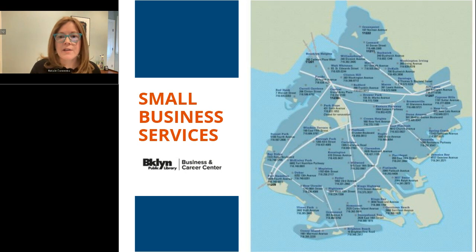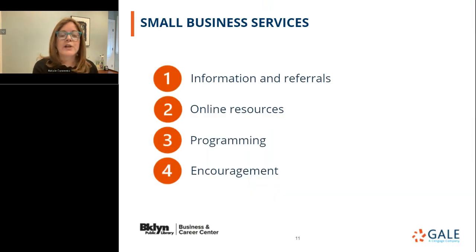And then just this slide real quickly, we're going to go into detail in numbers 1, 2, and 3. Some of you may wonder why I have number 4 on this list, encouragement, but it is really something that we consider very important to Brooklyn Public Library because most of the people who come visit us and use our services, they're not well-connected people. They don't have big networks. They don't have people who want to fund their businesses.